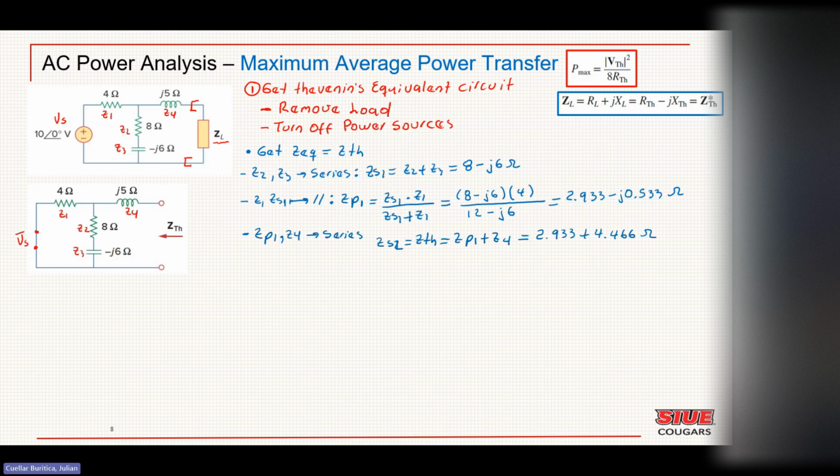All right, and that's good because when we get our Thevenin equivalent, we already got the optimum value